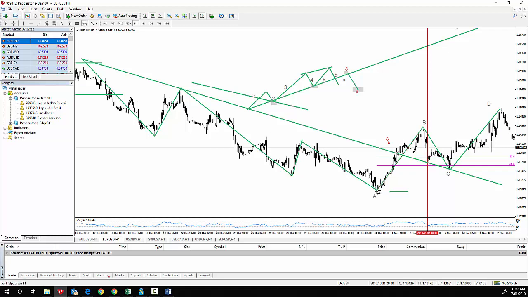Now I'm going to look for my AB equals CD. So AB equals, and bring that down to C. And if I front run it, which I did in this case, I front ran it just a little bit, so it was just in front of where this converged with